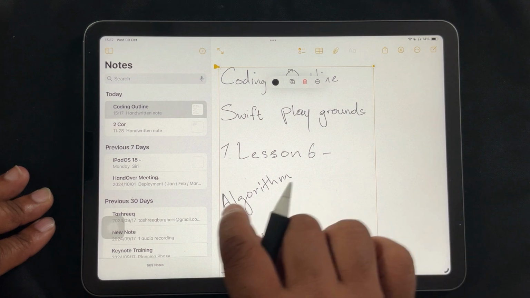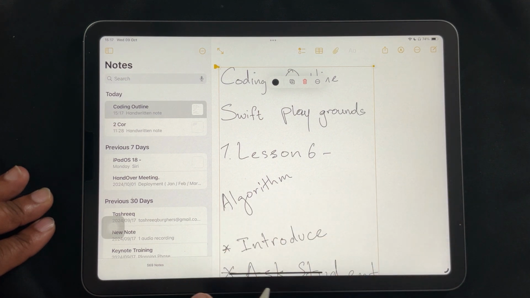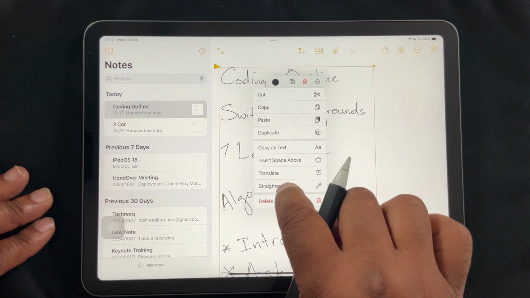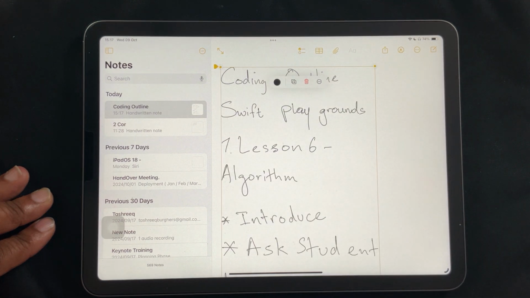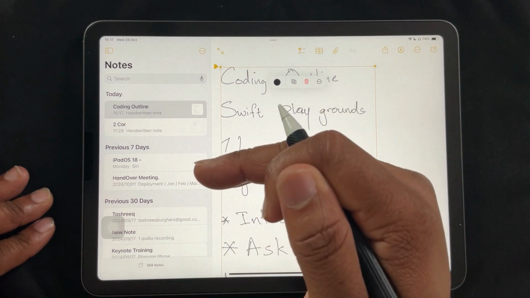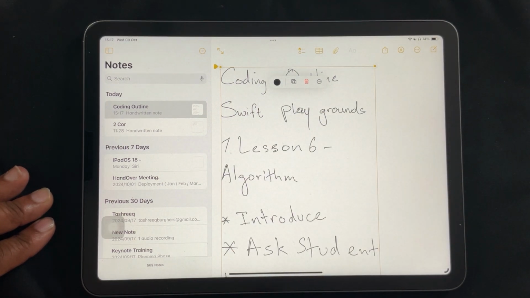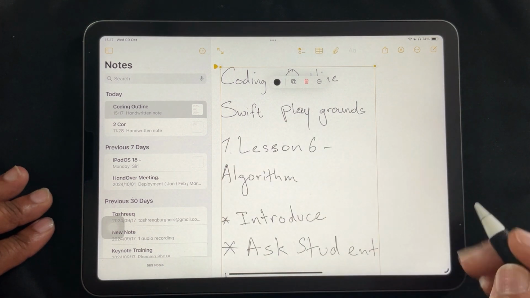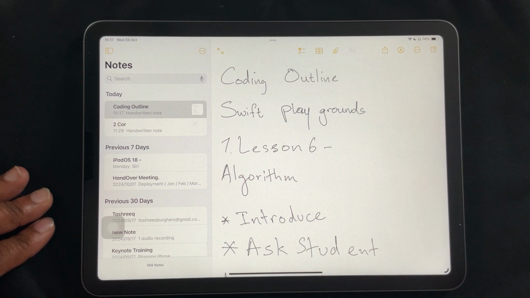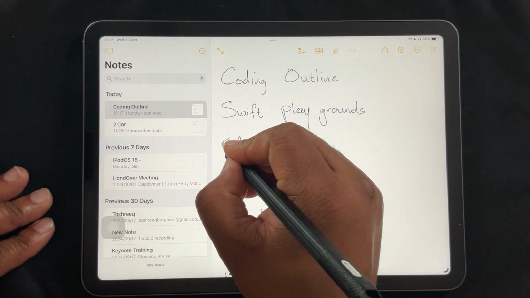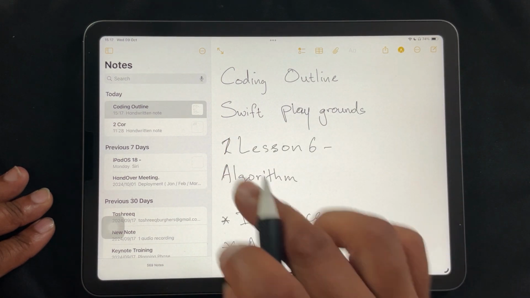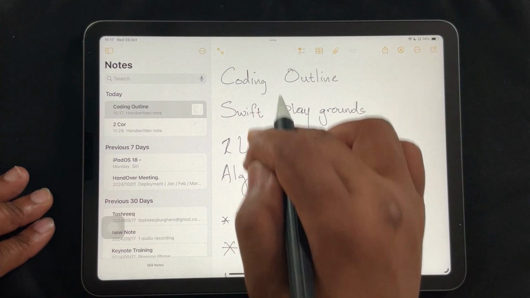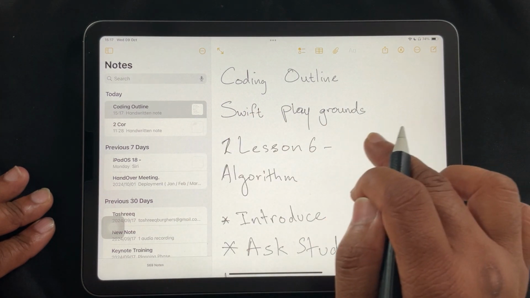You can see that it didn't do a complete job with everything. In that case, we can just go to the ellipses again and straighten again, and then it's all good and well. Now, also, I can add in written text in between. Say, for instance, I decide to have a point number 1 and change this to point number 2. What I can do is I'm just going to tap to deselect everything. I will make this point number 2, and I want to put point number 1 between my Swift Playgrounds header